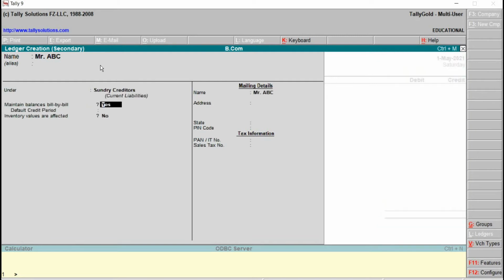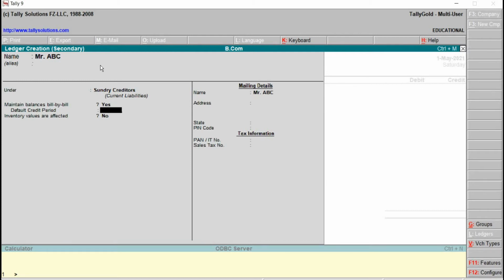sundry creditors. Maintain balances bill by bill. This indicates that bill-wise details of a ledger account will be displayed in the voucher entry screen or in the voucher window. If this is set to no, then bill-wise details will not be displayed.